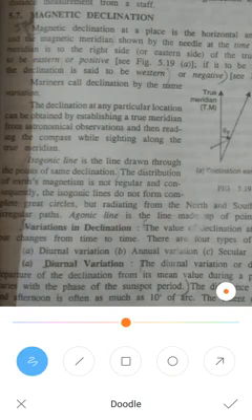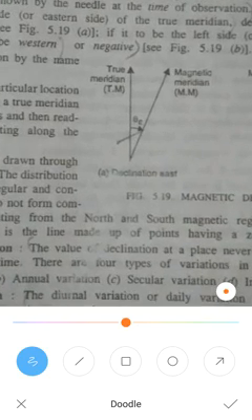Next, we'll see about the magnetic declination. So now I'm going to the new topic, that is magnetic declination. So what is this magnetic declination? This magnetic declination at a place,